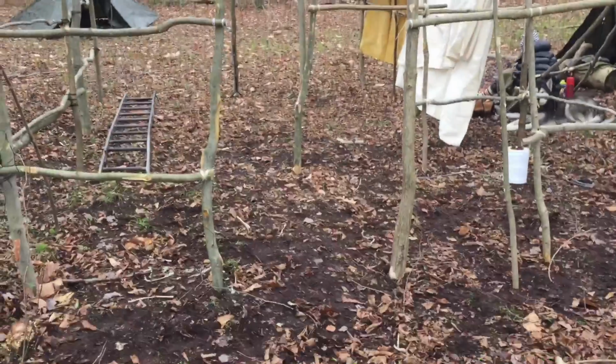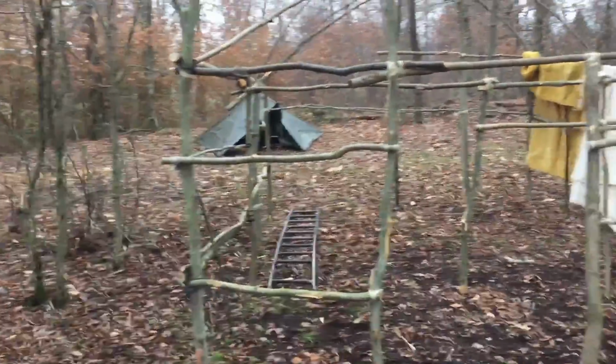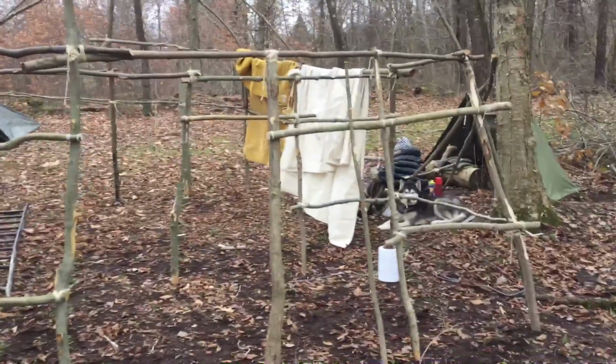We're just going to start patching this thing together. Hopefully we can spend the night out in it this weekend. Got to get cracking. That's our front door. I'm just lashing on some cross pieces to support this wall,